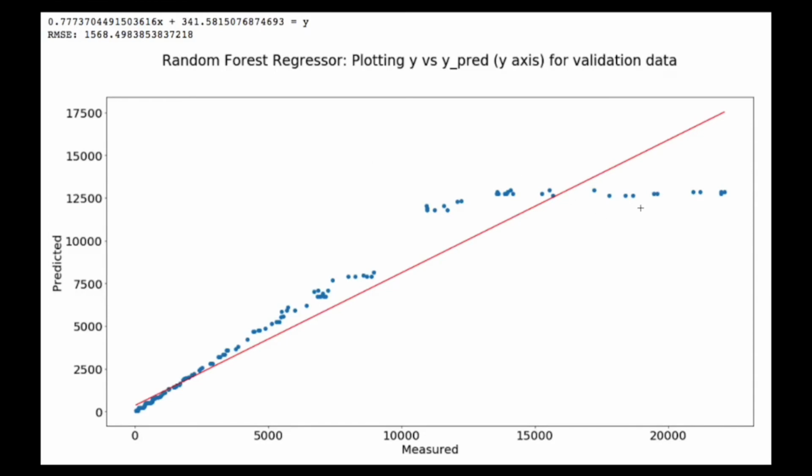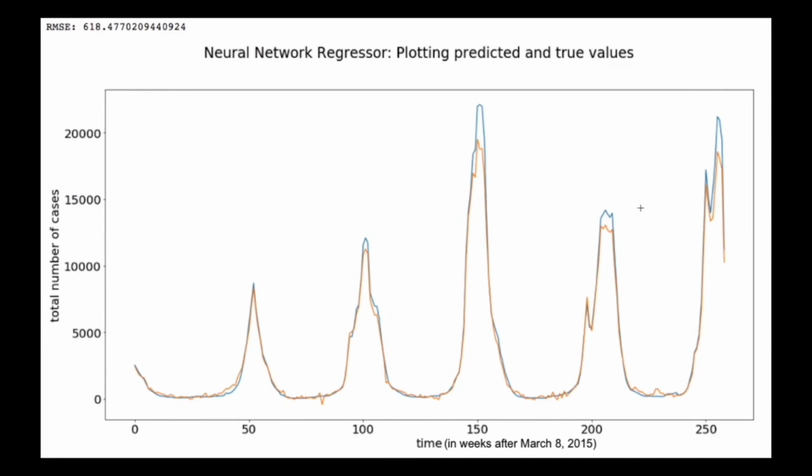So, in the end, I decided to try a completely different type of model, and I made a neural network. This neural network had 9 layers, including 4 leaky ReLU layers. This model yielded an RMSE of 610, which is less than half the RMSE of the decision tree regressor and 40% of the random forest regressor. While it performed with less accuracy than the random forest regressors and decision tree regressors during the off-season, it is significantly better at predicting the peaks of the actual flu seasons.